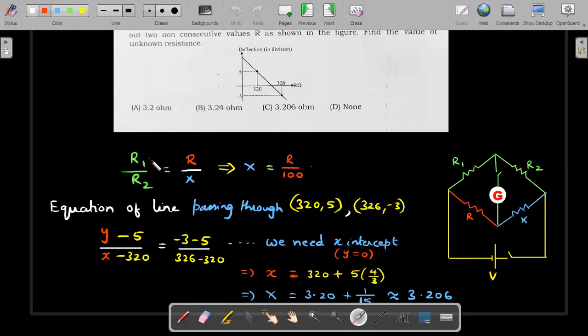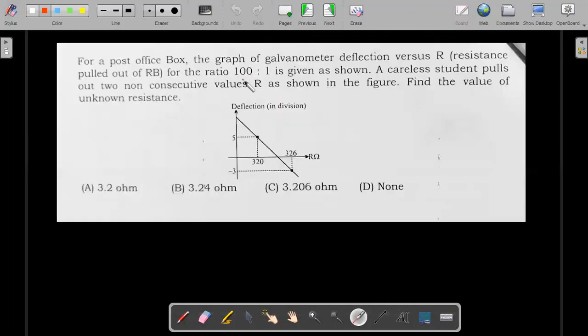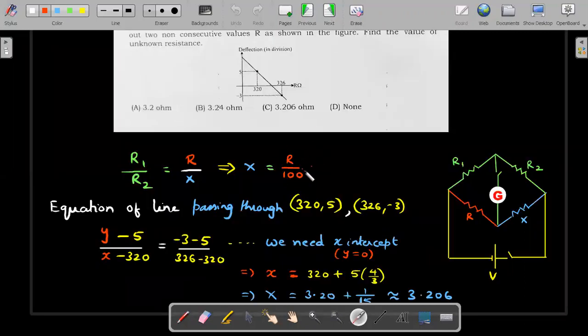Okay, so using R1 by R2 should be R by X. Therefore, X should be simply R by 100, because he has given in the question that the ratio of P is to Q, or R1 is to R2, is 100. So R by 100. So our idea to find X is find R, which is the intercept, and divide by 100. Simple. So to find this R intercept, equation of line passing through this point 320 comma 5 and this point,